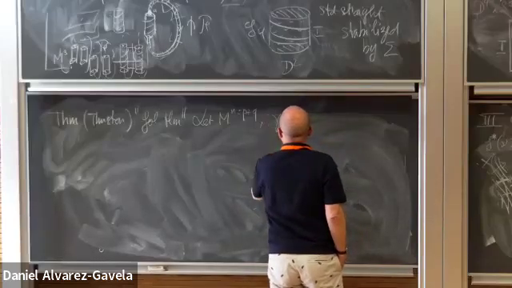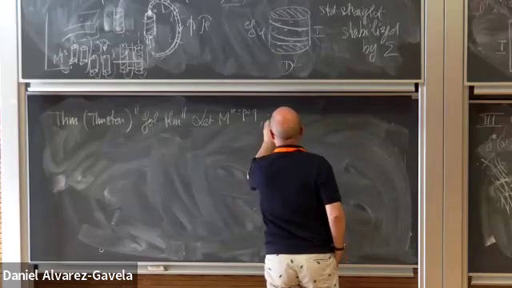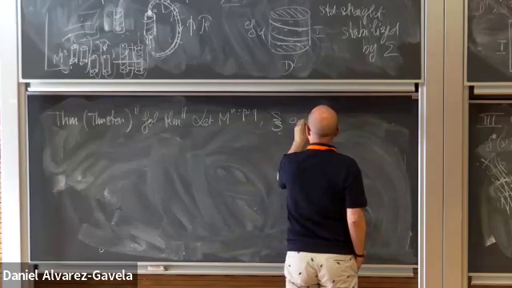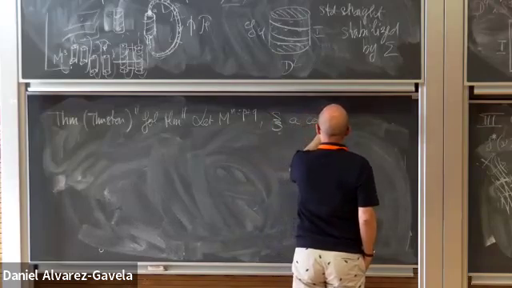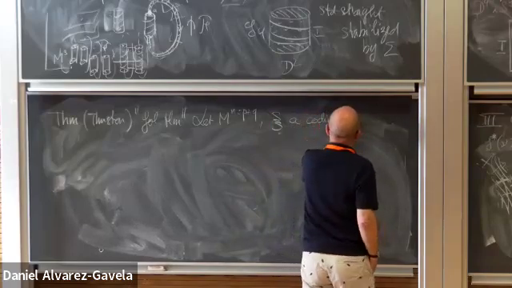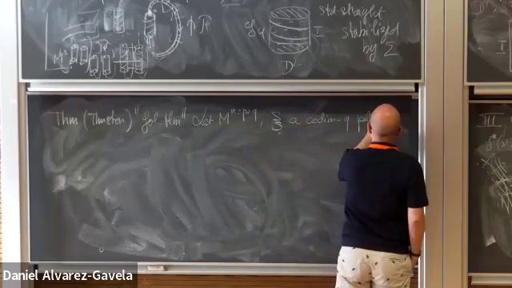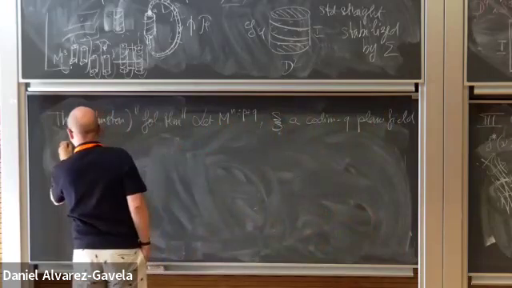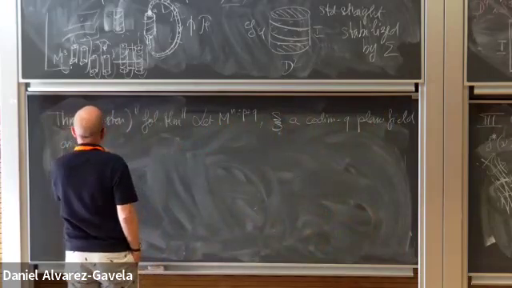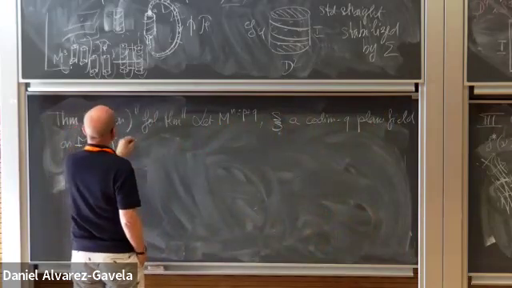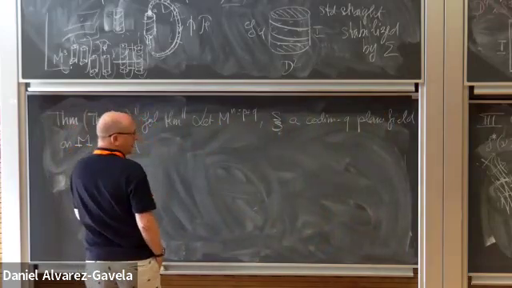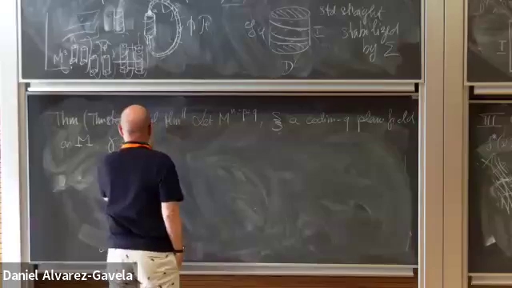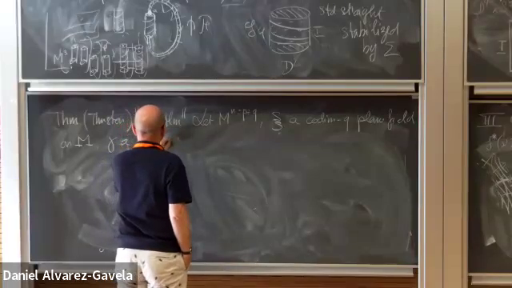Let xi be a codimension Q plane field on M, and gamma a Haefliger structure of codimension Q over M,